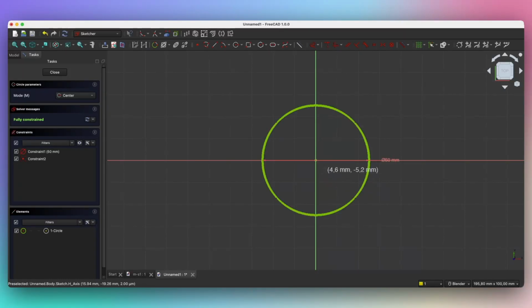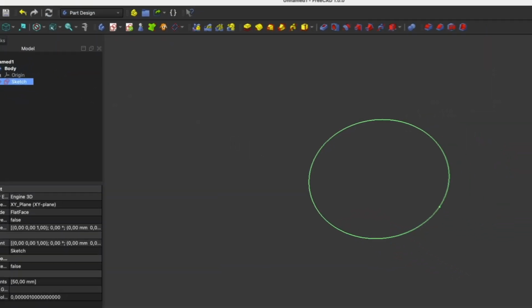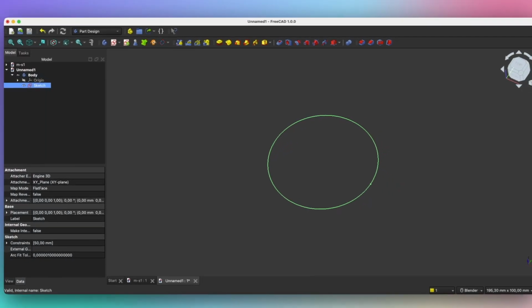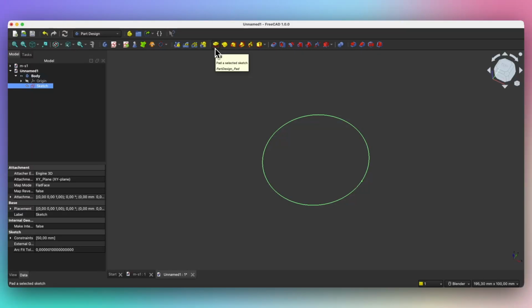This is the first sketch, and based on this sketch, we will create the first fragment of the 3D solid. Close the sketch, click the close button, and based on this sketch, we will add a pad. Select the pad command,